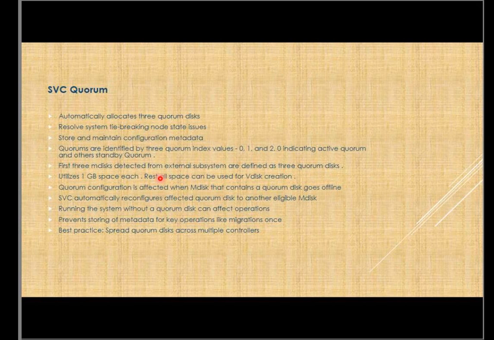If any of the sites fails, we already have all the IO groups available with us, and the remaining nodes can take care of the volumes that were previously residing on the failed node, because a volume failover will happen. And this quorum will work as a tiebreaker. Suppose there is a connectivity loss between these two nodes, then it is the quorum disk which will decide which set of nodes should work as the active node set.